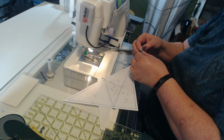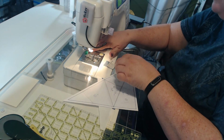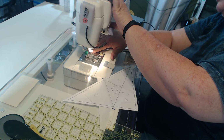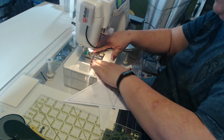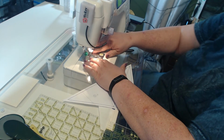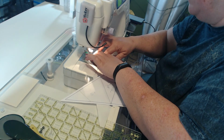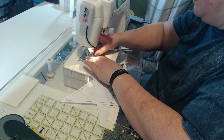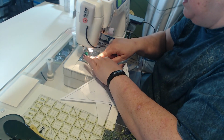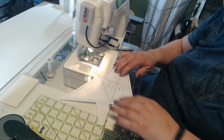So normally I would have a leader or ender in already. The problem is that my last quilt I was sewing with black, and this particular set of leaders and enders is white, as is what I'm going to be using to sew the block. So I'm just going to go ahead and put in a leader and get it going. Okay, so now